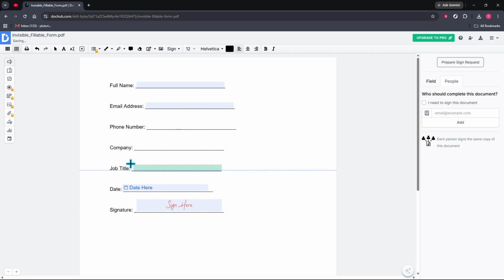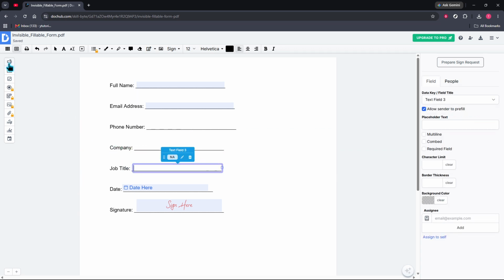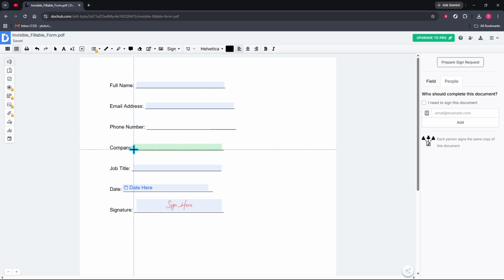And that's the basic process for creating forms in DocHub. Once your fields are in place, your document is much easier for others to fill out accurately and efficiently,